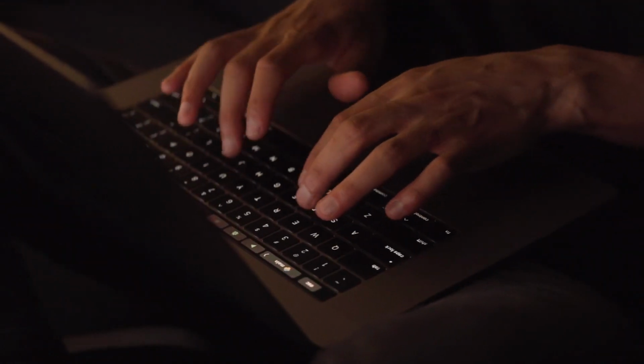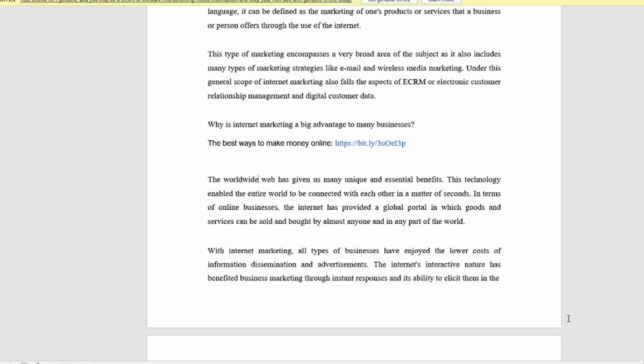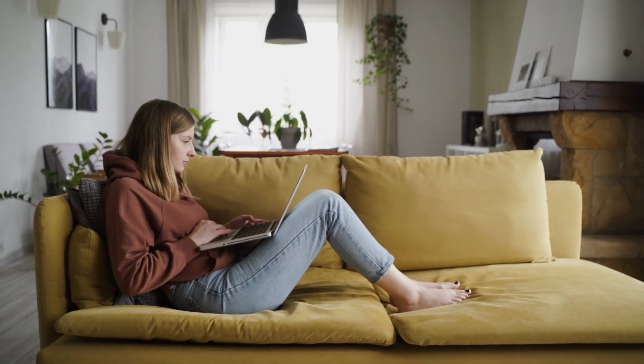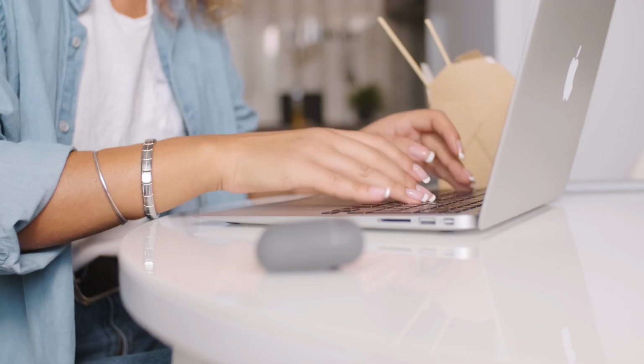Of course, you cannot just paste your link without a title or an intro. No one would click on that. You'll need a hook, something that talks about the digital product and what it can do for them. For example, something along the lines of the best ways to make money online, or something like simple and effective online money-making strategy. After you copy that text, you can paste your link right beside it. After editing, you can simply convert your document back into a PDF file by simply saving it as a PDF file on Microsoft Word or by using the same platform